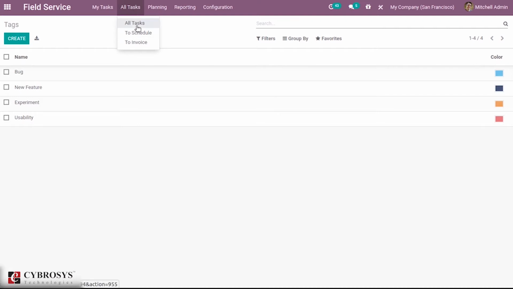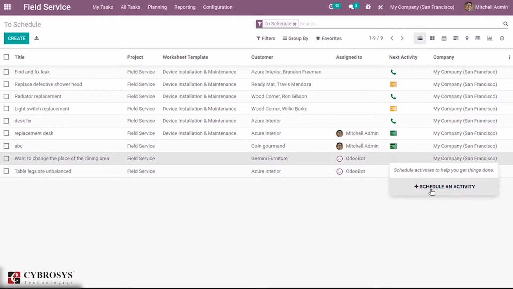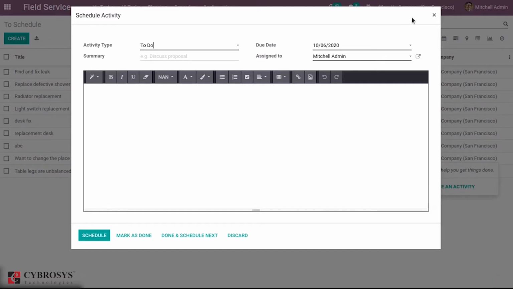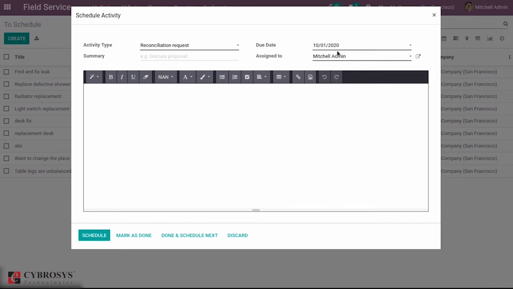Here we have all tasks that need to be scheduled or invoiced. When you open it, in the list view you'll be able to see a field that is next activity. So you will be able to schedule activities for a particular task, which can be called a meeting, and can be assigned to a person with a due date.